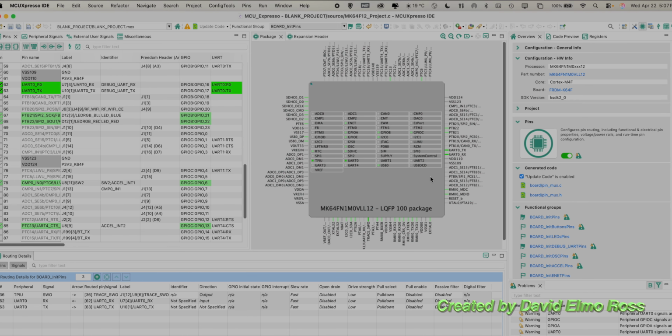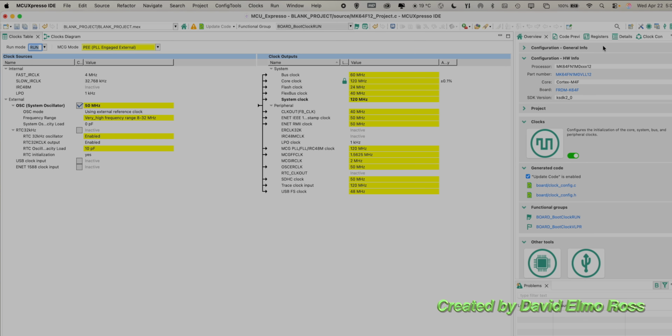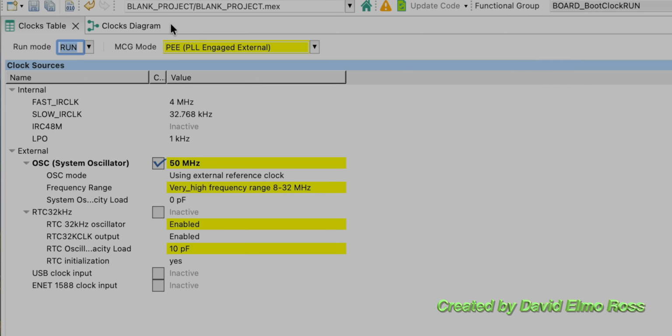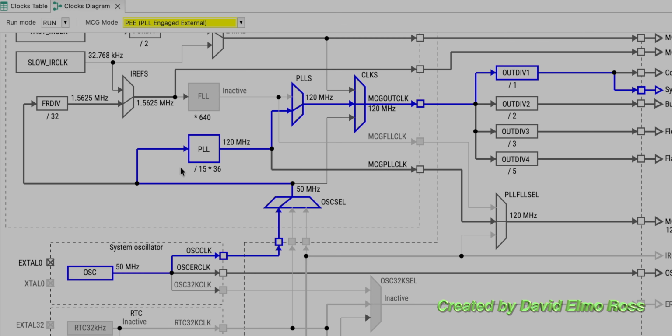Go from the pins tool to the clocks tool. We can go up here to the plus here. We can go here to clocks, double click, and we're in. And when it drops you in, you can go from the clocks table here, which is showing us our external oscillator is working at 50 megahertz, to an actual clocks diagram, which shows us all of this. And you can see here's our external oscillator at 50 megahertz, going through an oscillation selector here, going into a phase lock loop. Now the phase lock loop divides by 15 and multiplies by 36 to give you 120 megahertz